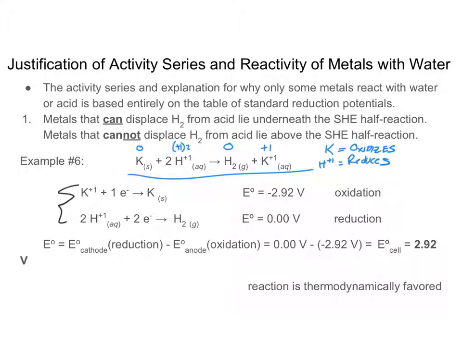Now, in Appendix E in your textbook, and in every reduction potential list, they are always written as reduction reactions no matter what they are doing in the actual equation. You can't have a redox reaction without having an oxidation. But when you go to the textbook and look at Appendix E, you see them all written as reductions no matter what. So what I've done today is I've written them as reductions as they appear in your textbook,